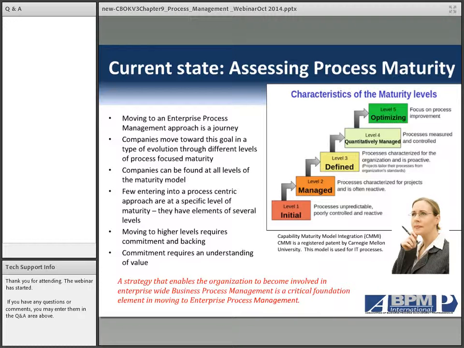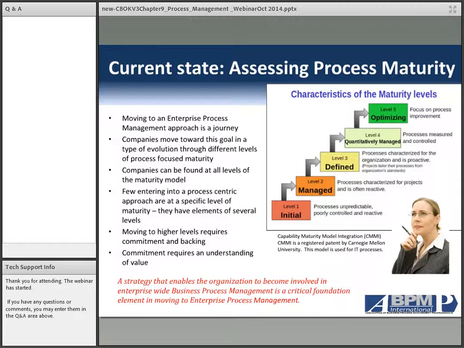And moving into process management, one of the first things that you need to look at is, as you start to pull this together and you start to define things, you'll find that you're at different levels of what they call process maturity. Now, there are quite a few different process maturity models. I understand there are upwards of 60 models between the business side and the IT side available in the marketplace. The model that's shown here is really dealing more with IT processes, but there are those that deal with just business, just IT, or a mixture of the two.